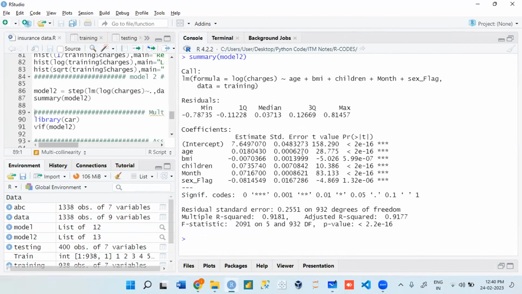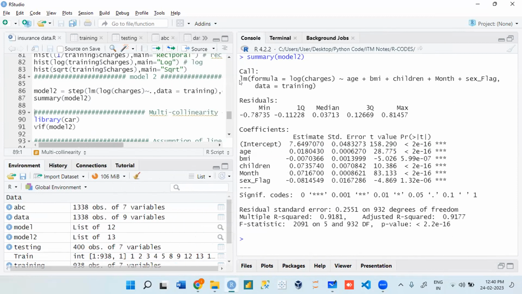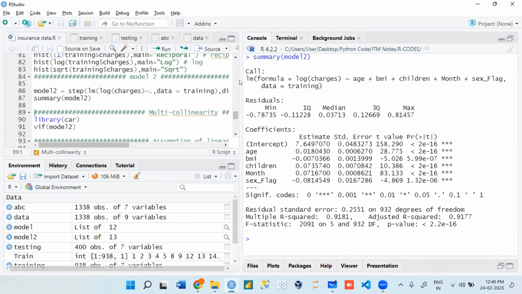Now look at the data, guys. Are we getting all variable p values less than alpha? Can you see accuracy come under control? Not 100%. Still clear. Plus, the variables which we have have to be independent. To check whether they are independent or not, whether multicollinearity is present or not,